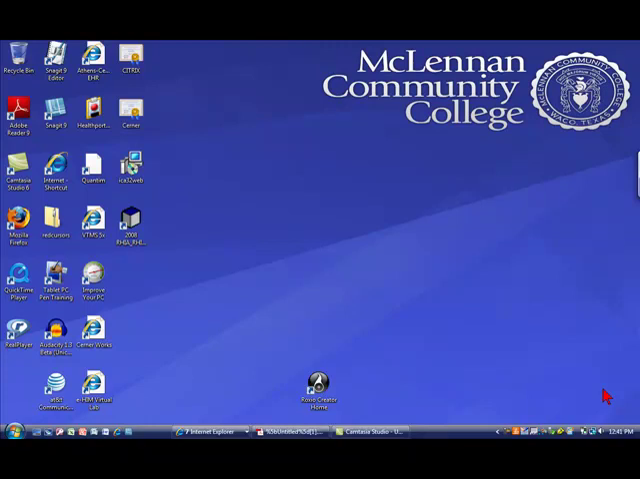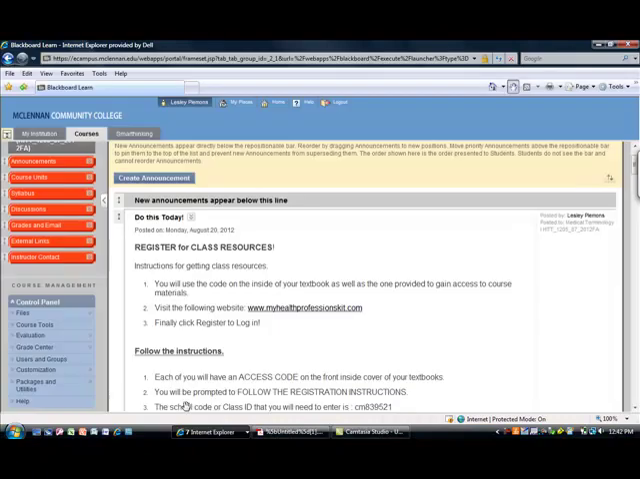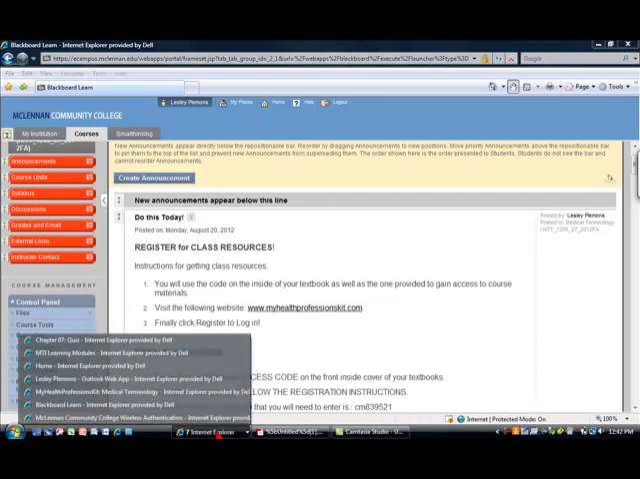All of you should have a Blackboard component. So one of the first things that you need to do is log into Blackboard in order to access important information. You also have a textbook that has vital information in it as well. If you will look in your textbook, you should be able to see